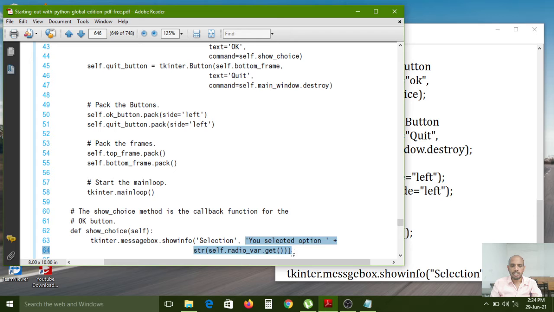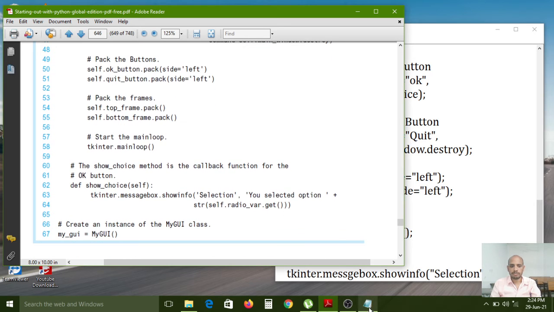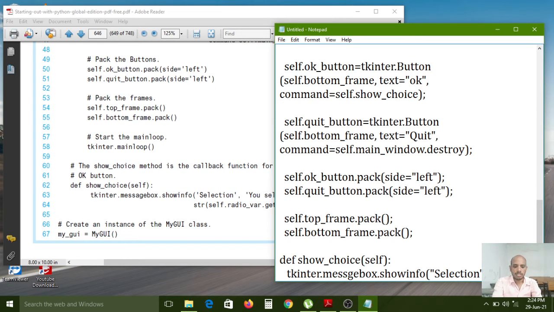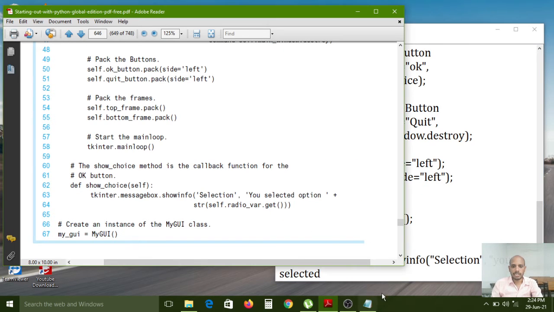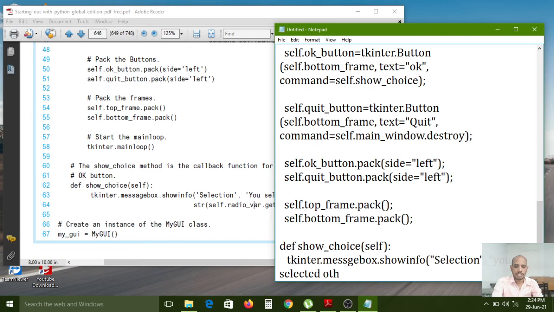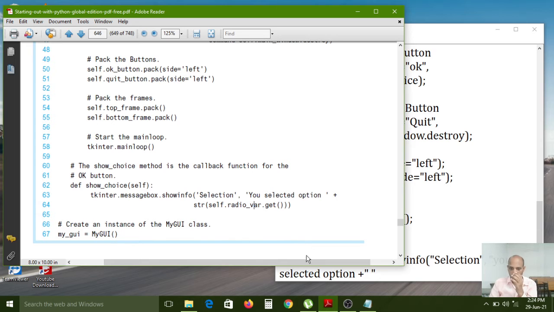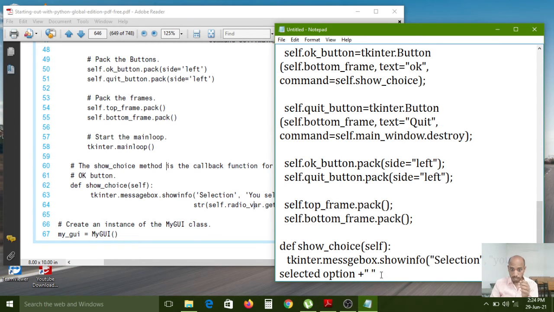Now the message: 'You selected option', comma, and one plus operator.